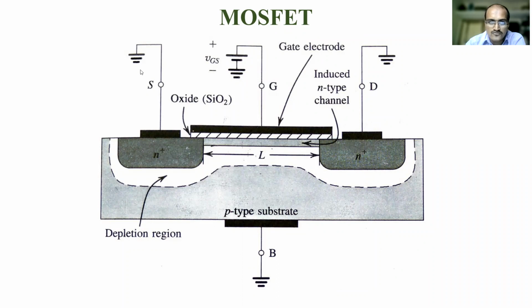Since the channel is formed now, the next step is you will apply a small drain to source voltage. Source is ground, and we'll fix the VGS after we form the channel and vary the VDS. The drain voltage will be applied so that current slowly flows. That is called the drain current. And as we increase the drain voltage, the current